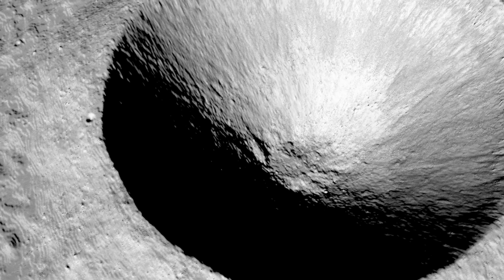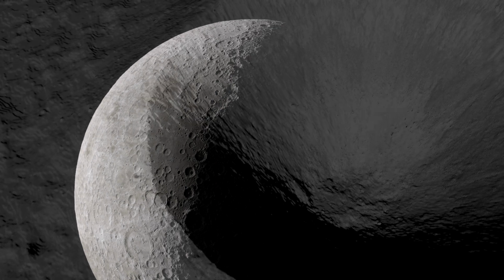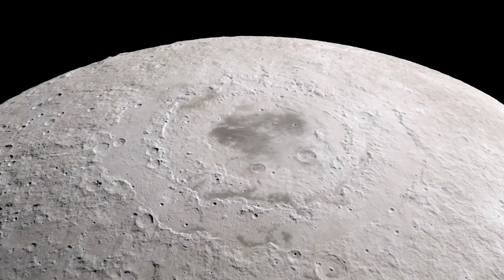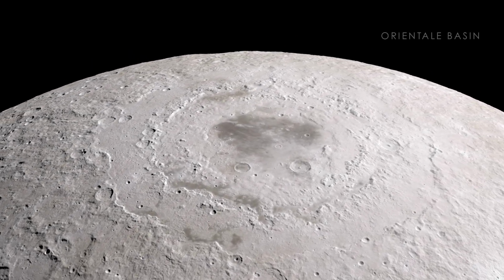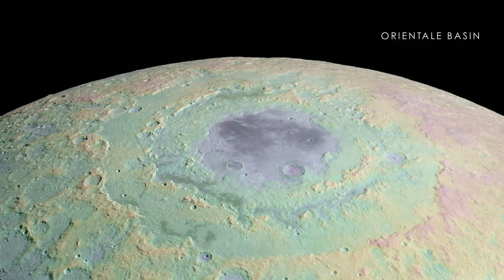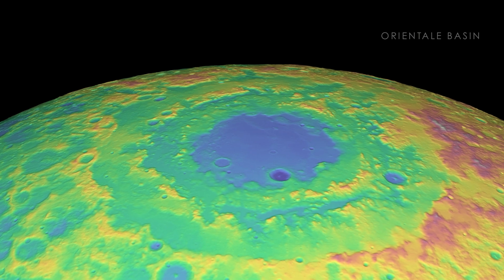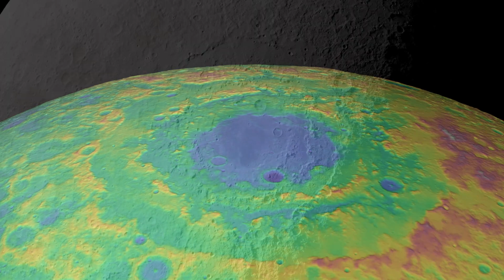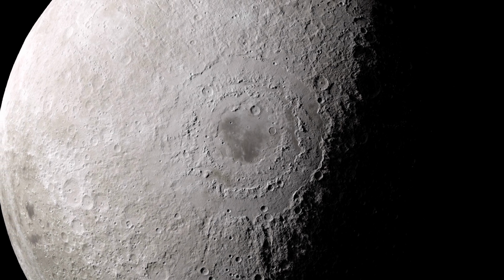awareness of its surface, but a whole new tour of the Moon that shows how both it and other rocky planets in our solar system have been shaped over billions of years. We'll start with one of the largest impacts, Oriental Basin, a feature that's as wide as the distance from New York City to Cincinnati. Using new elevation measurements, we can clearly see the effects of what is likely the last giant impact event in lunar history, with its outer mountain rings rising many kilometers above the lowest points inside the